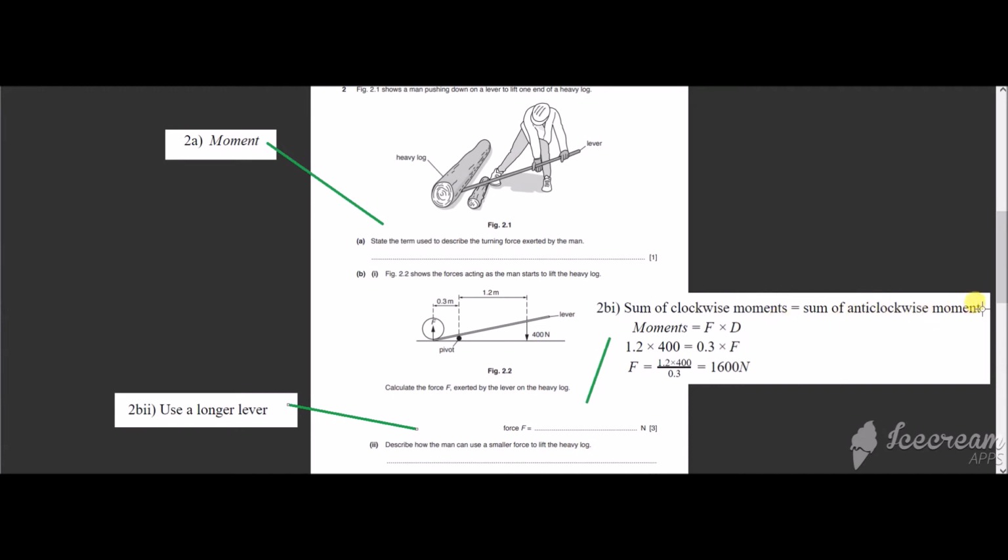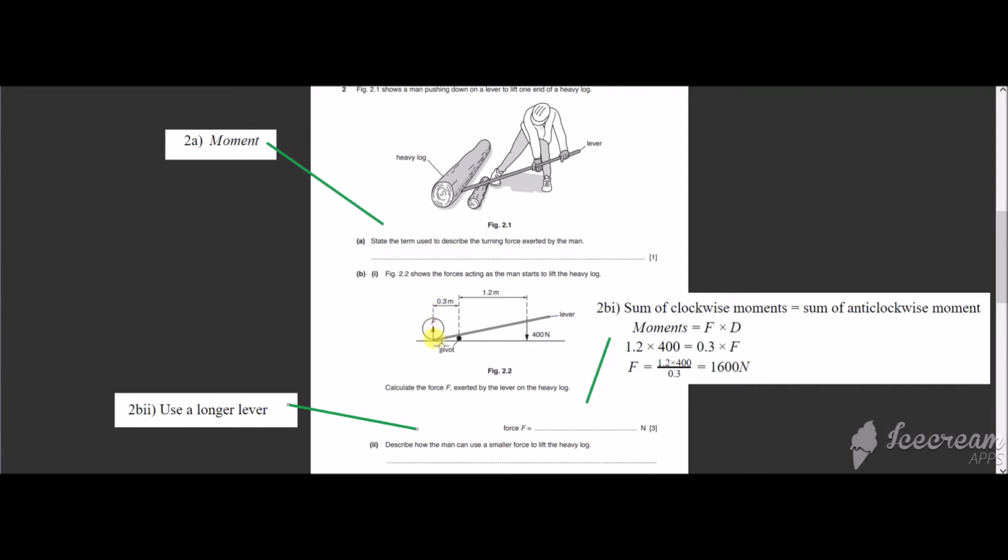Forgot to include an s here. Remember to keep the s after moment because it's really important. So to calculate the moments, it is force times the distance. So basically we have force 1 into distance 1 is equal to force 2 into distance 2. So therefore we have distance 1 is here, so 1.2 meters into 400 newtons. It's force into distance, and that is equal to, for the anti-clockwise moment, 0.3 meters,